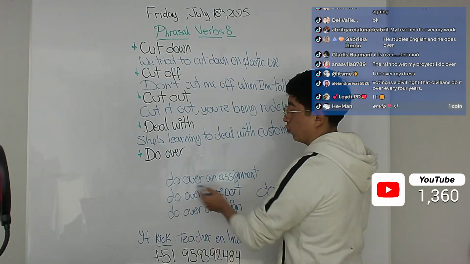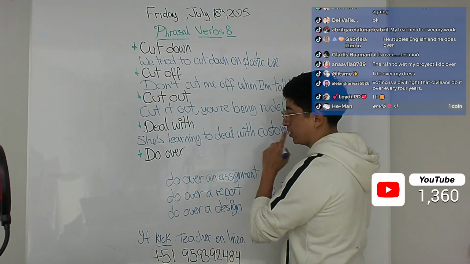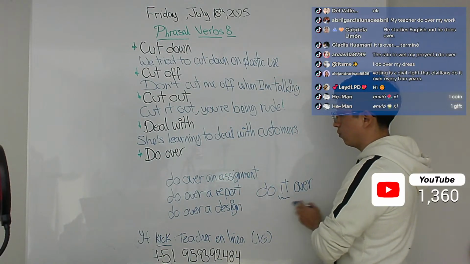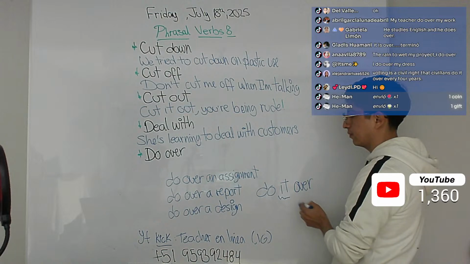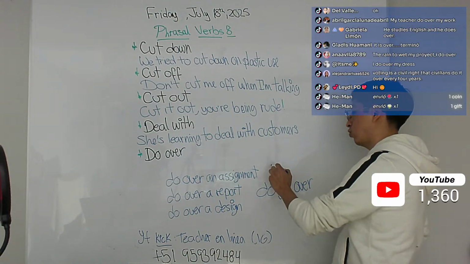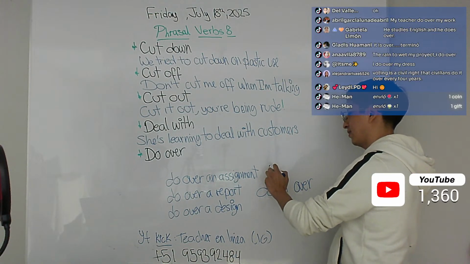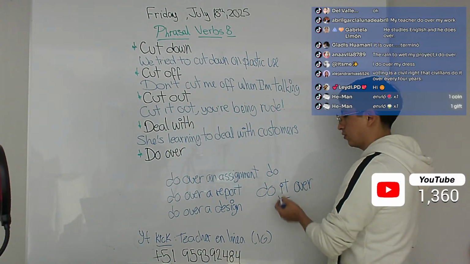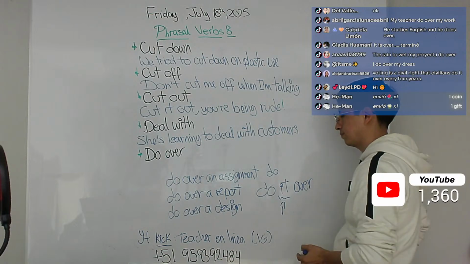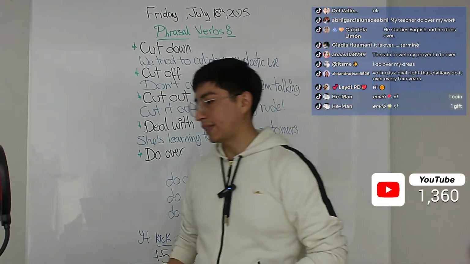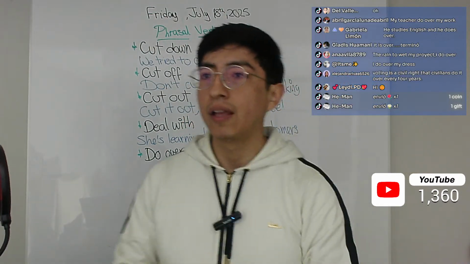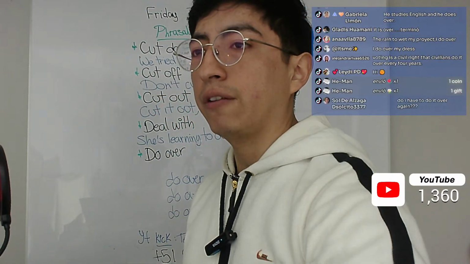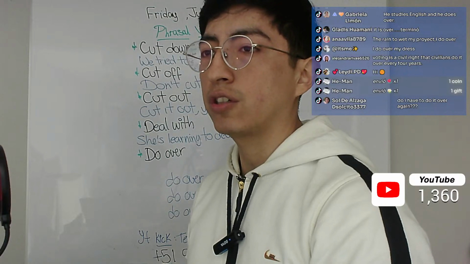You can say, do an assignment over. But we can use this, okay? Do it over. Do it over. So we can't say do over it again. Okay, this is not possible. So always the pronouns should be in the middle. Yeah, that's in this case. What else? Okay, what else? I failed my exams. My teacher